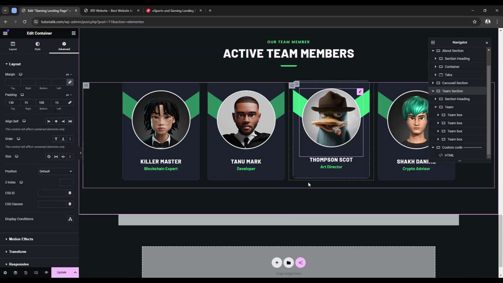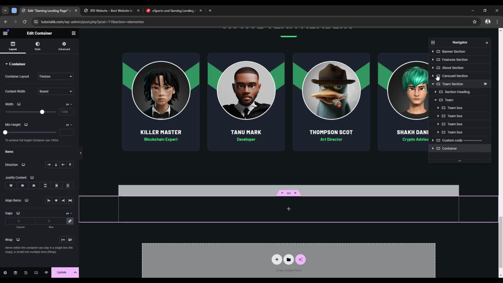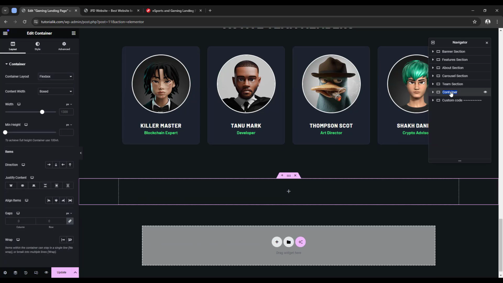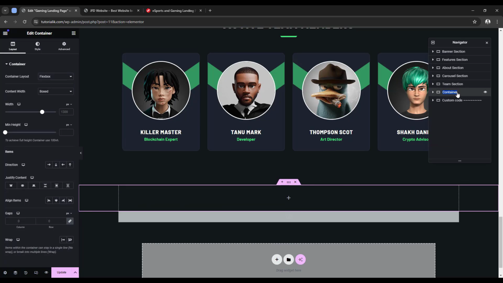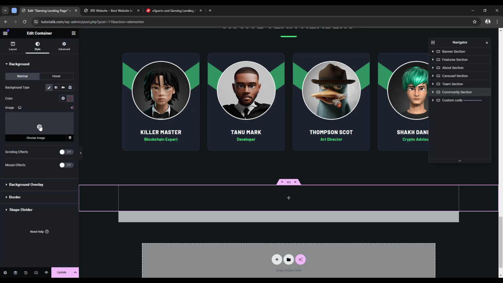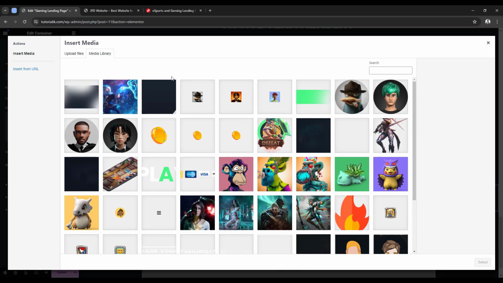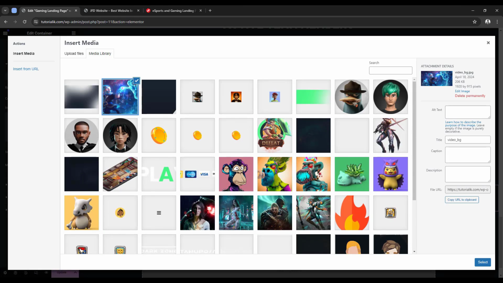Now let's move to our next section. So let's add a new container, and I'm gonna make it down and I'm gonna make it top, and let's rename this our community section. First of all, let's make the direction column, and then under the style tab we have to add a background image. In here, let's choose the image, scroll down, and from here you will find this image. Let's select this